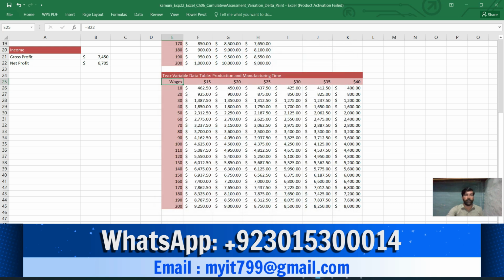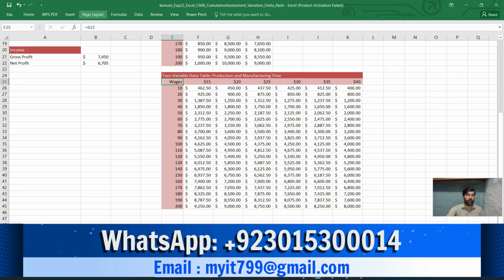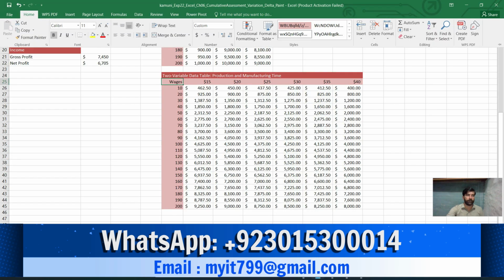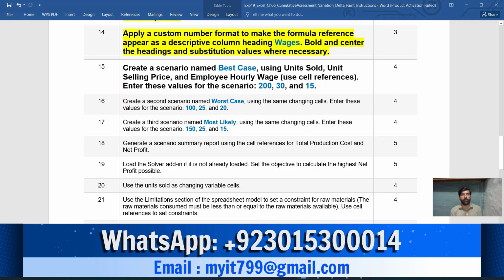We see wages as a descriptive value, and the instruction says it should be bold and centered. Just bold it and center it.